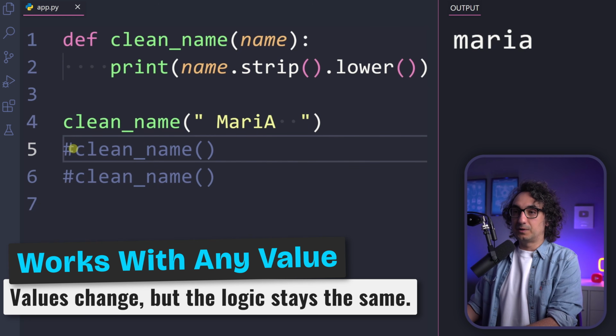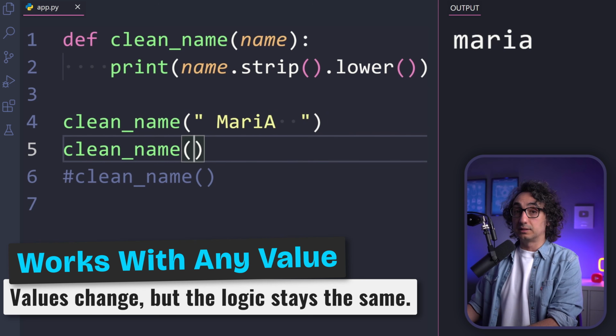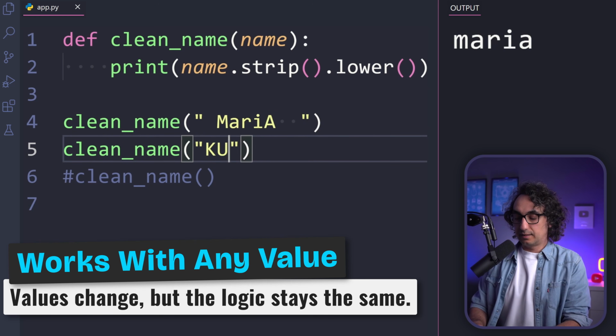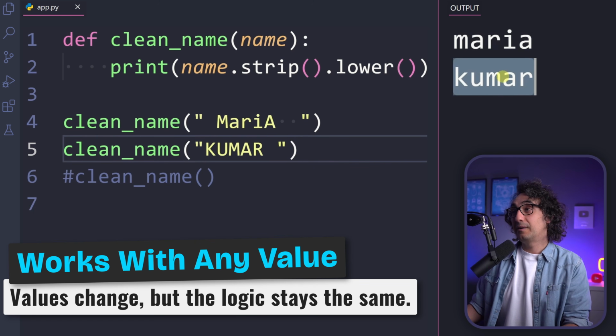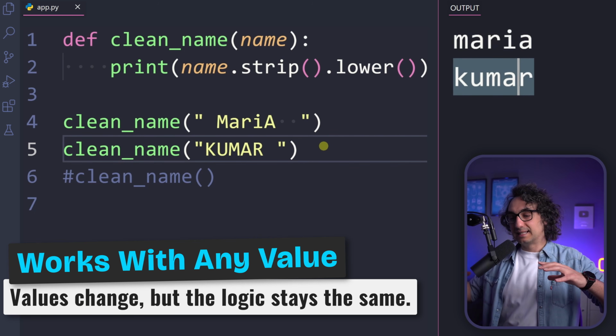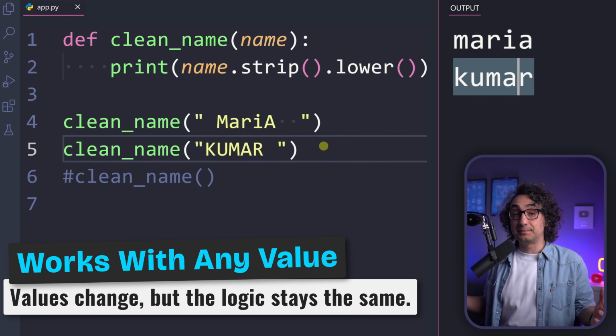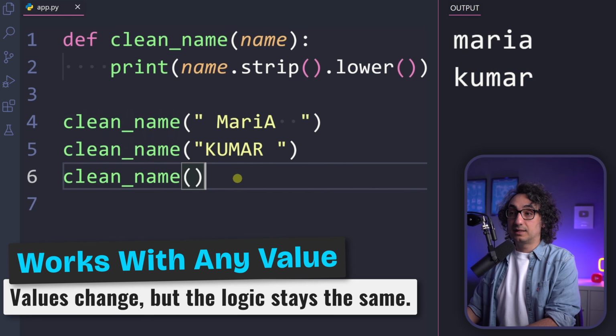Now let me show you how cool is this. Now we can call the function, but using different arguments. So for example, let's say we're gonna have Kumar, everything with capital letter, and at the end we have one space. Now let's clean up this name and execute. Look at this again, we have the same standards. So the white spaces are removed and everything in lowercase. So as you can see now, my function is more professional. It is more generic, that I can accept any value. So it is very cool and you can keep giving it values as much as you need.